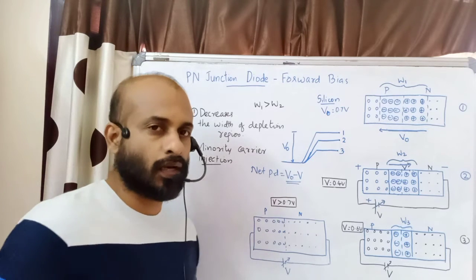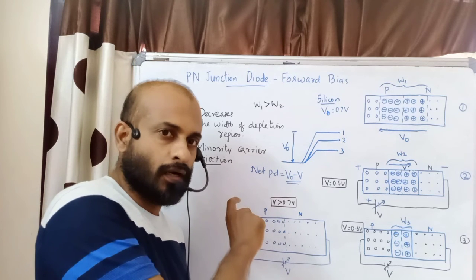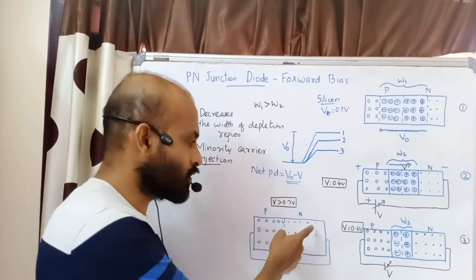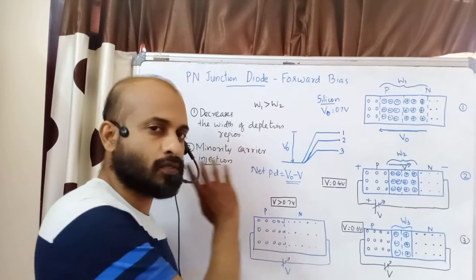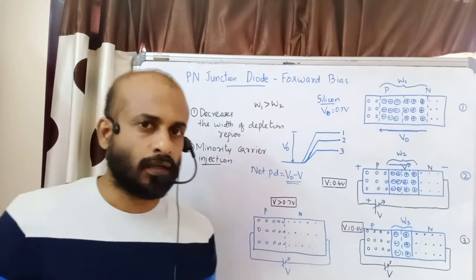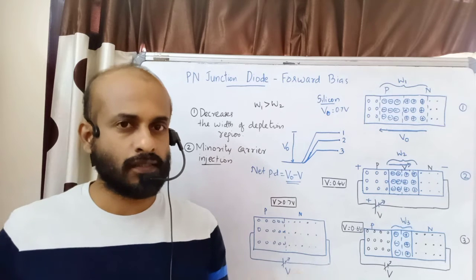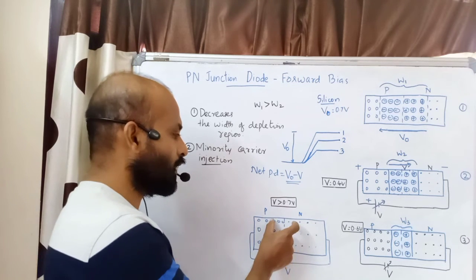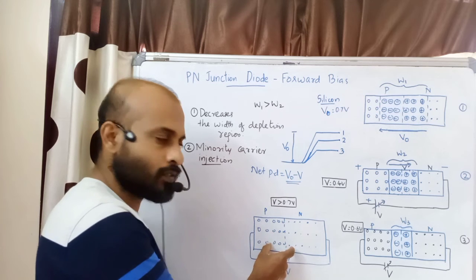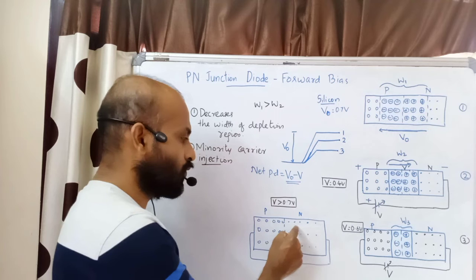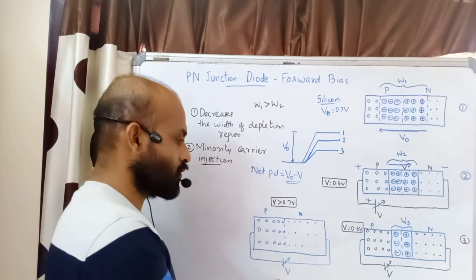Here we can see there will be two currents: current due to diffusion of holes and current due to diffusion of electrons. Electrons move in this direction, holes move in the opposite direction. The net current will be constituted by both the hole diffusion current as well as the electron diffusion current. Now, when the depletion region is collapsed, electrons from the negative side will start to move. They will move like this and constitute a current.